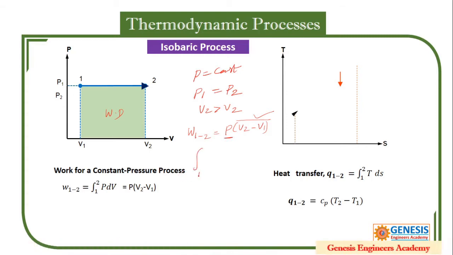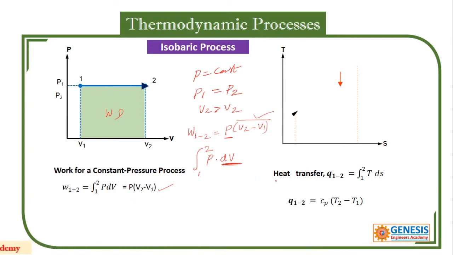But mathematically work done is equal to integral 1 to 2 P into dV, that is change in volume. We take only this, not on the y-axis, that is the P-axis, only on volume. Change in volume, we use this in this equation. So if you carry out the integration, you will get P into V2 minus V1, since this is obtained by keeping the pressure constant.